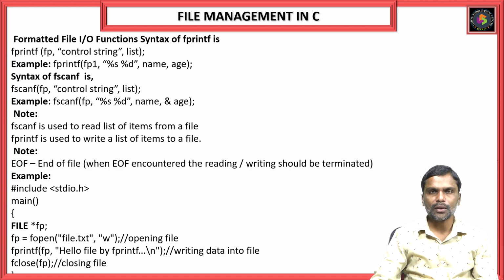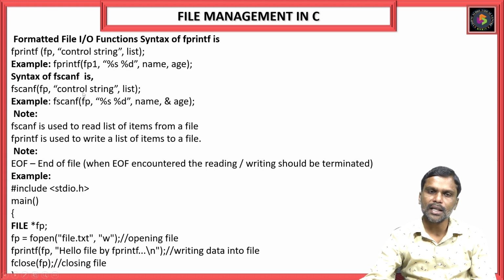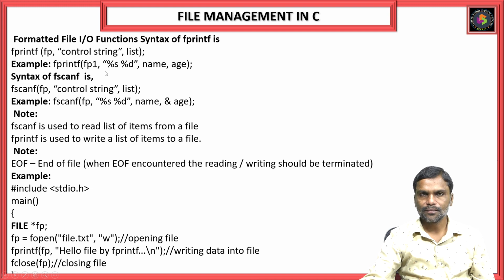In these formatted input output functions of files, for fprintf, what is the syntax? In the parentheses, fp, the file pointer, and in inverted commas we write the control string. As in the previous classes, we are familiar with writing format specifiers. Here, the control string is nothing but format specifiers, and then the list. For example, if you want to print some name and age,